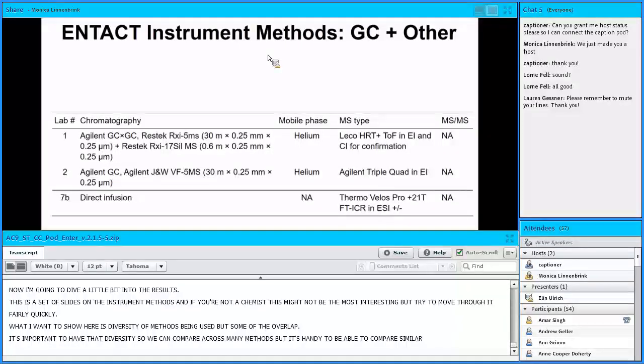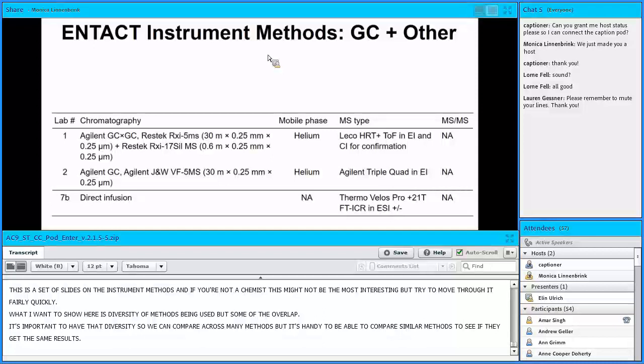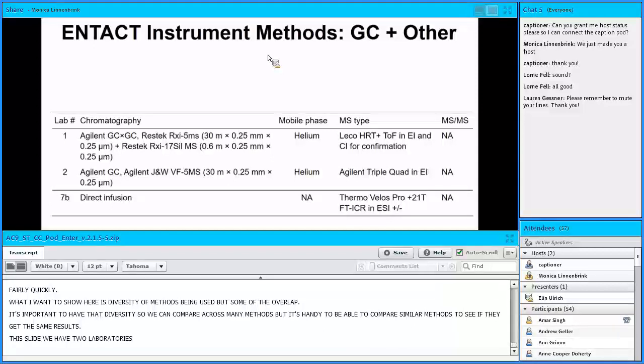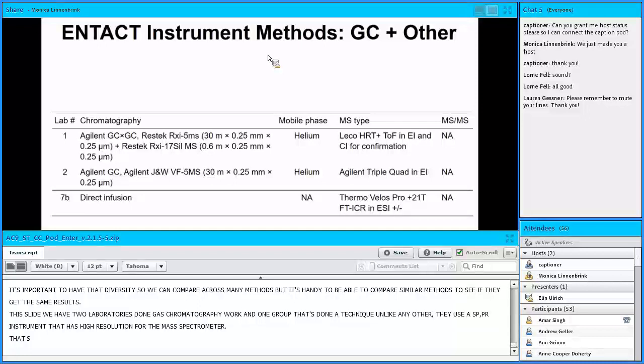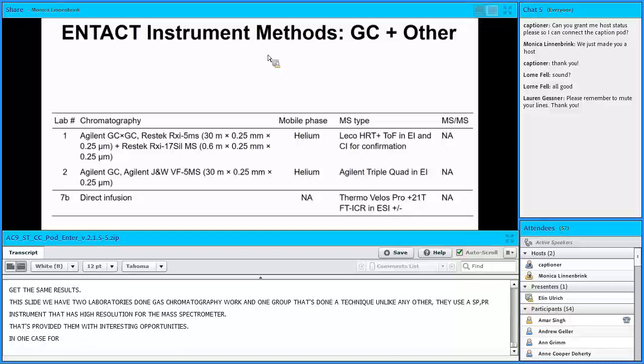results. So in this slide, we've got 2 laboratories that have done gas chromatography work and one group that has done a technique that is just not like any other. They're using an FTICR instrument that has a very, very high resolution for the mass spectrometer. And that's provided them with some interesting opportunities. In one case for the GC, it's a high-resolution mass spectrometer. In the other one, it's a low-resolution mass spectrometer. We haven't dug into the details to see what is working best right now, but it's nice to know that